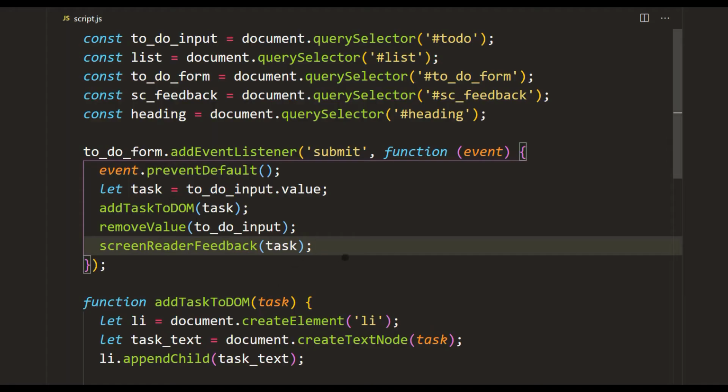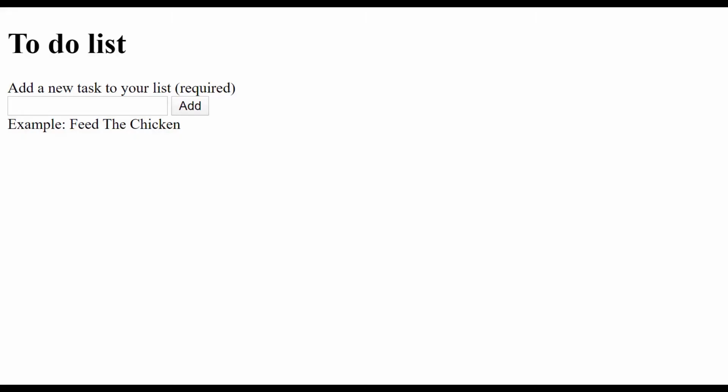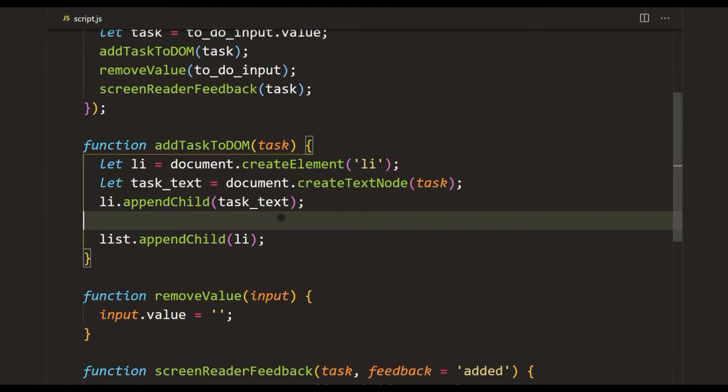So now that this is done, let's see what else we want our program to do. One thing that we're missing is whenever we add a task, we have no way of deleting the task, and we have no way of checking that the task was completed successfully. Because what we're doing right now is just creating a list item without a button or without a checkbox. So to do that, we need to actually create those elements, and we need to add them as children of this li element.